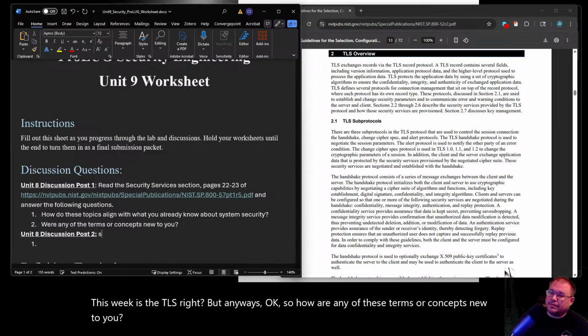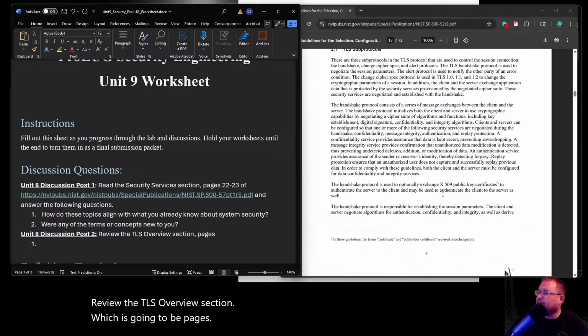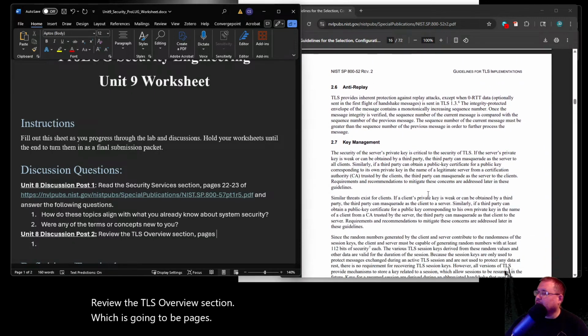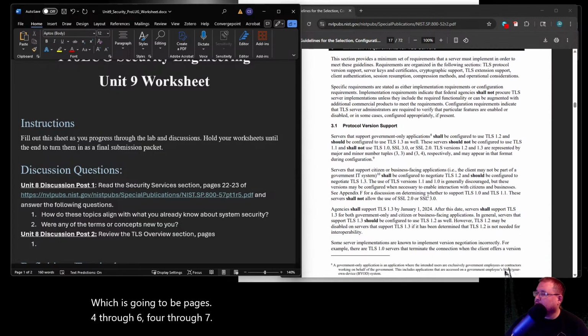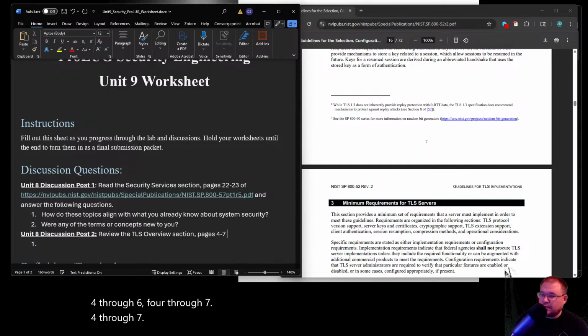That's good for that one. Review the TLS overview section, which is going to be pages 4 through 7 of this doc.